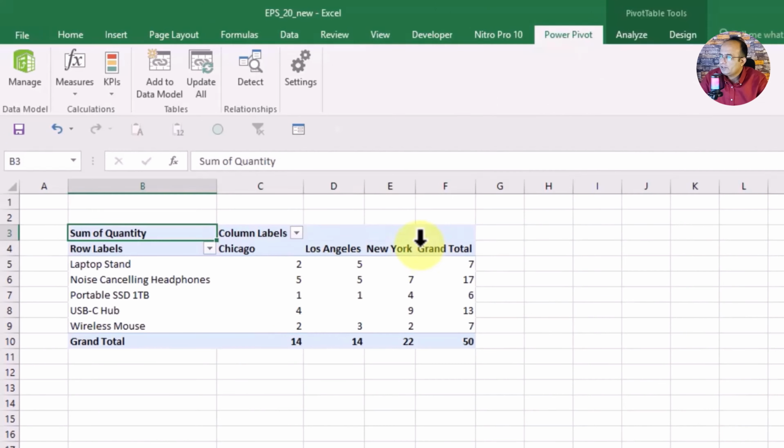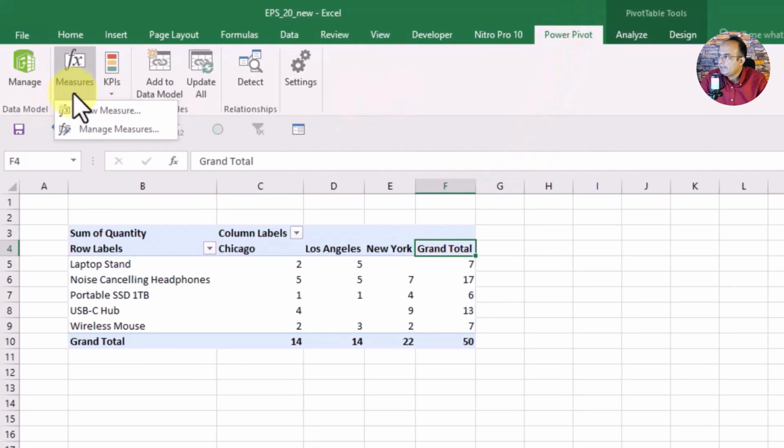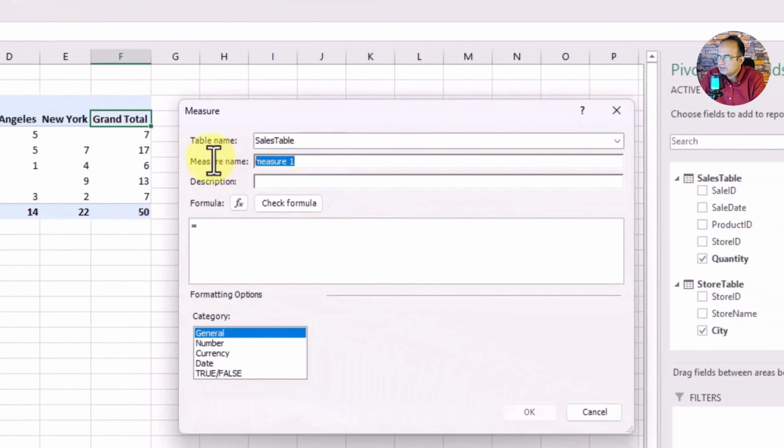Now let's add a new measure. Click on the pivot table, come to the Measures tab. The new measure will be Total Sales. Now type the formula here, SUMX.